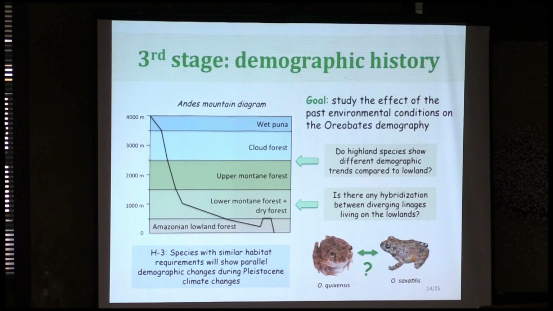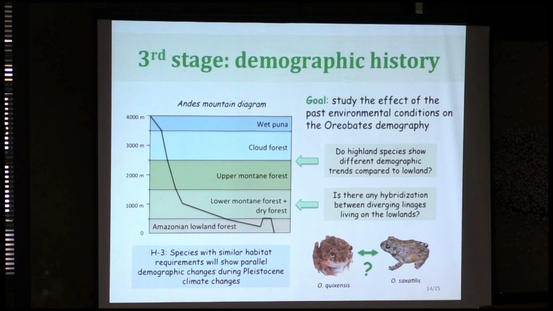The third stage, the demographic history. We want to study the effect of past environmental conditions on the Oreobates demography. As you may know, these frogs inhabit the Andes. And the Andes originated about 20 to 30 million years ago. So as these frogs originated because of that, it has been hypothesized that they are also from this time. The thing is that the frogs that inhabit the highlands are supposed to have had, in the glacial cycle in the Pleistocene 2.5 million years ago,